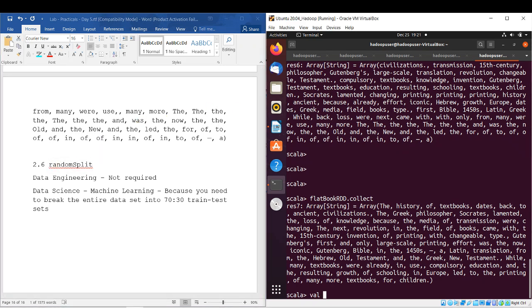Let's write the code as val train test RDD. Let me write book also: test train. It is always good to write with camel case so that it is easy to read, or else you can also use an underscore in between. So I say the final output variable is this. The contents are there in the flatbook RDD. Flatbook RDD dot